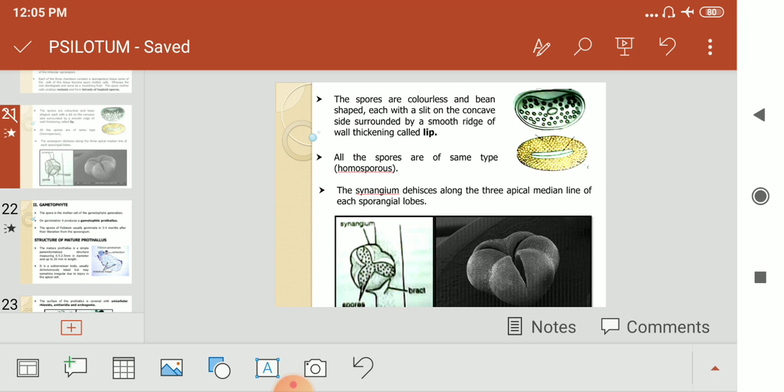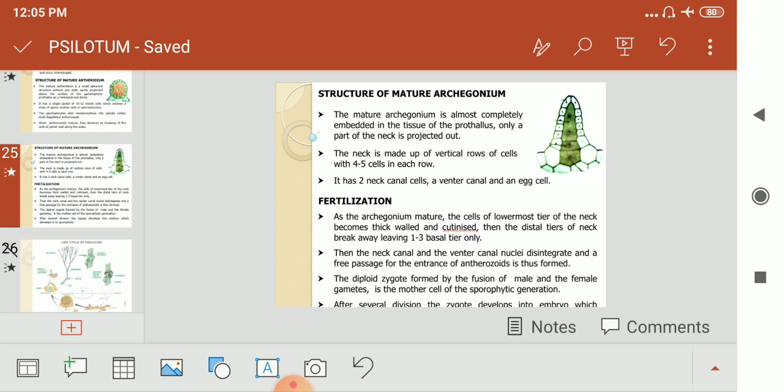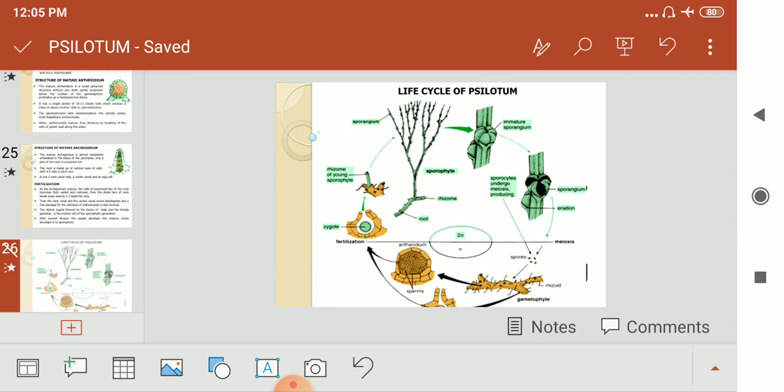So coming to the reproduction point of view, it reproduces asexually and also sexually. Asexually by the spore formation, that's the synangia formation, and sexually they produce the gametes, that's antheridia and the archegonia structure will be formed. Antheridia in a separate jacket will be produced and they produce the antherozoids, and the archegonia are a special flask-like structure, and usually they consist of neck canal, ventral canal and the egg cell. Through that the sperms and the egg cells fuse to form a structure called a zygote.